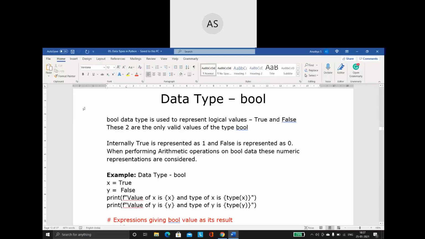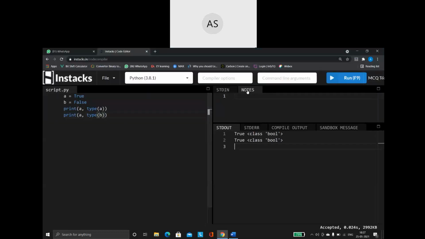Now, the next important thing you have to know: in Python we have a number representation. We have an arithmetic number associated with the words True and False. For True we give the number 1, and for False we represent it with the number 0.